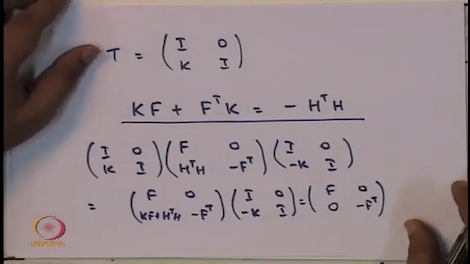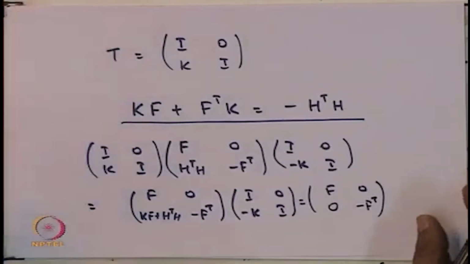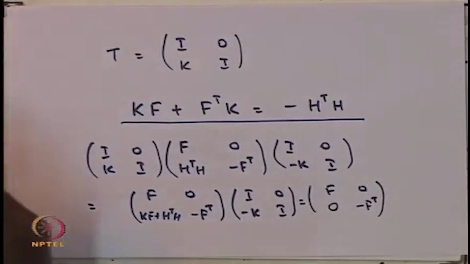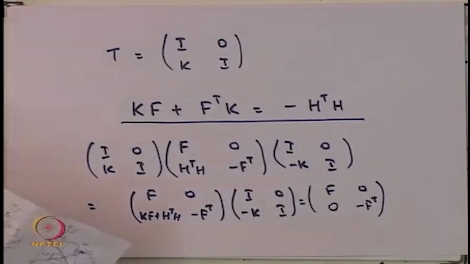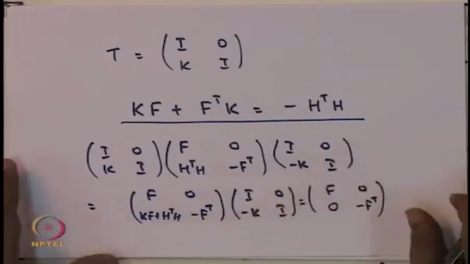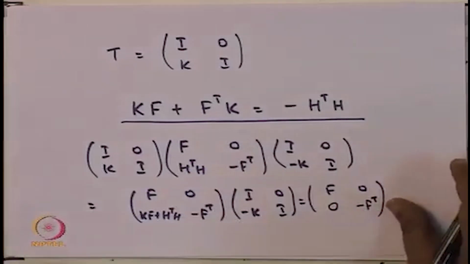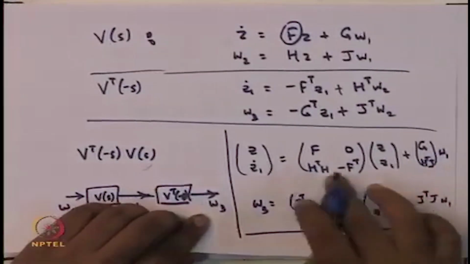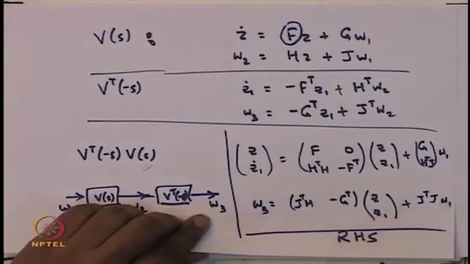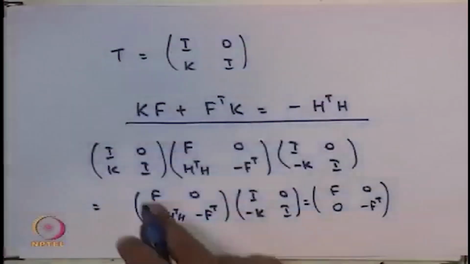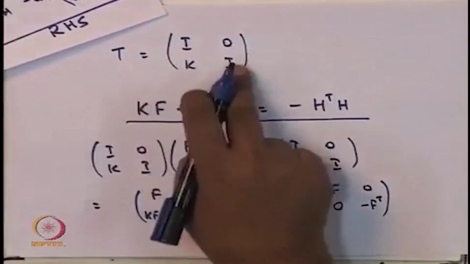Okay. So, now if you use this T and you diagonalize, then the kind of matrices that you would get, what I will do is, rather than do the calculations, I just write down what are the matrices that you would get. See, these were the original matrices that you had, and if you do this transformation using I K 0 I, then the system matrices that you would get are,